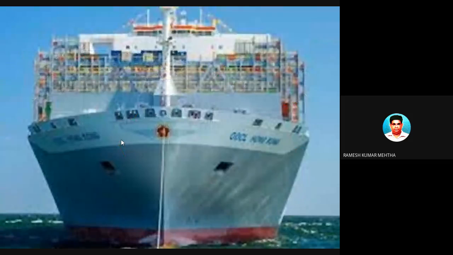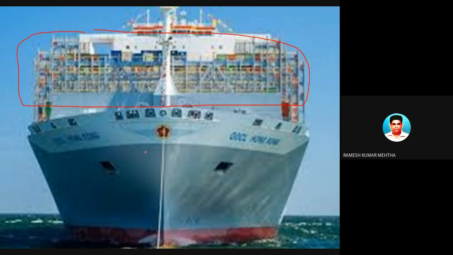Now this is very important. This is a ship, and you can't imagine the weight of this particular loaded ship or vessel, as we call it. It is 144,000 tons of material. I'm not talking about the weight of the ship; I'm excluding the weight of the ship, and only taking into account the goods which are loaded on the ship. It is 144,000 tons.